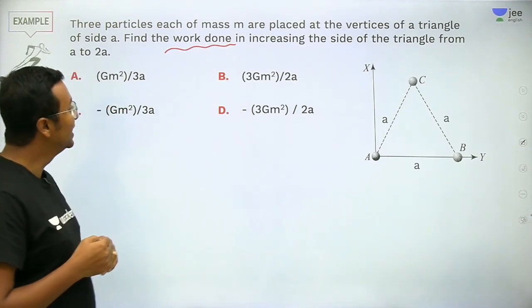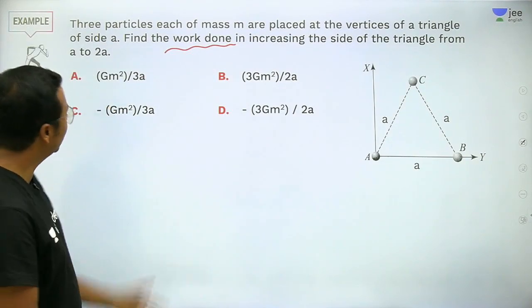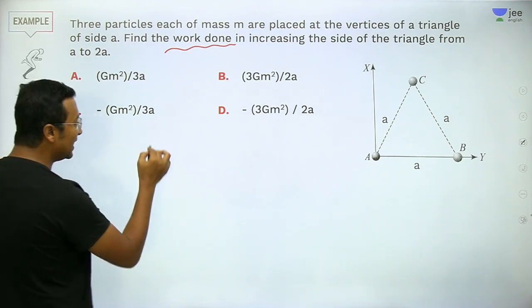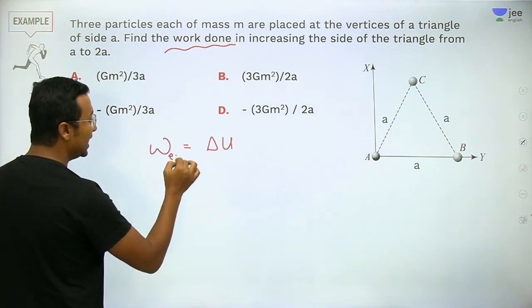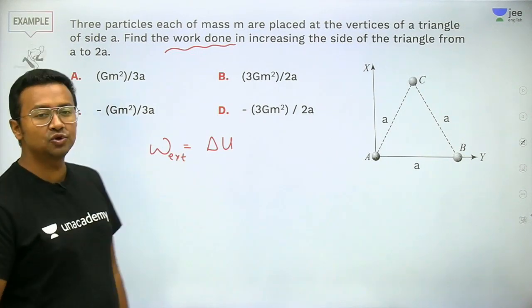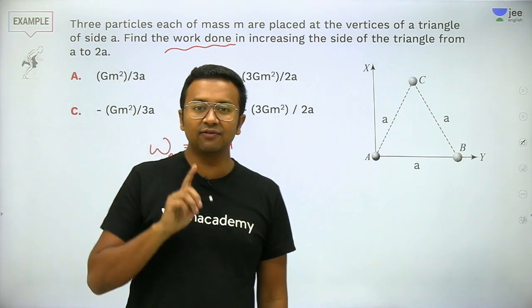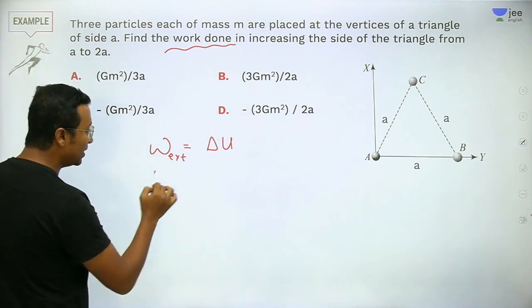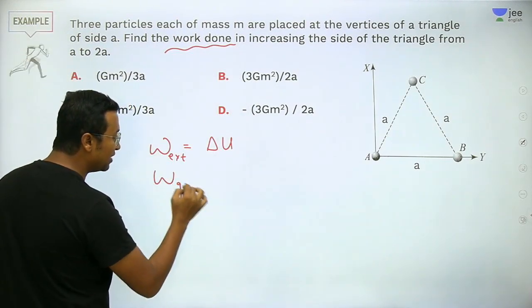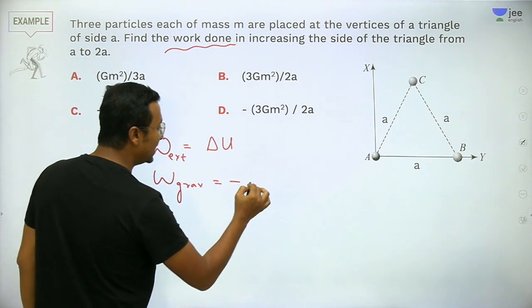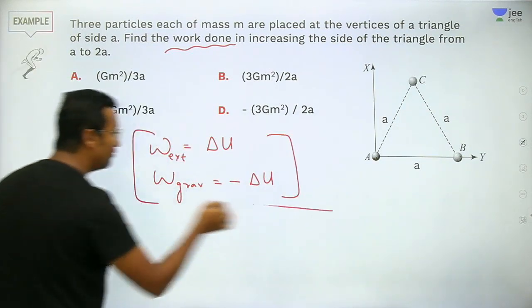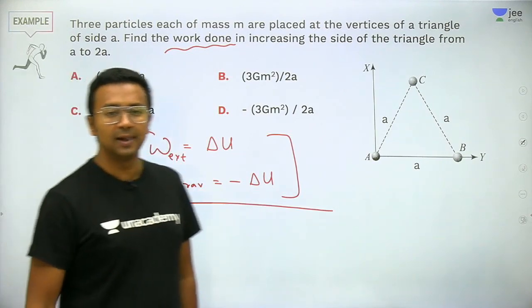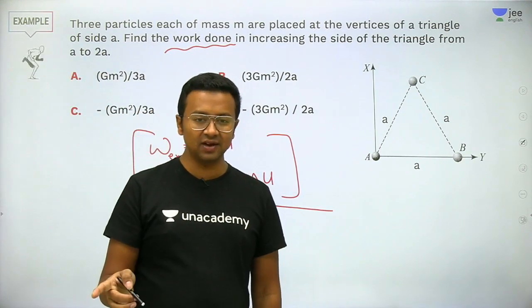Now, I want to save you from all these things. How do you do it? See, it's very simple. The concept should be very clear. Work done should be change in potential energy. External work done should be equal to change in potential energy. If it was asked what would be the work done by the gravitational force, it will be minus delta U. So, this point should be very clear to the students, and finding delta U is not very difficult in the